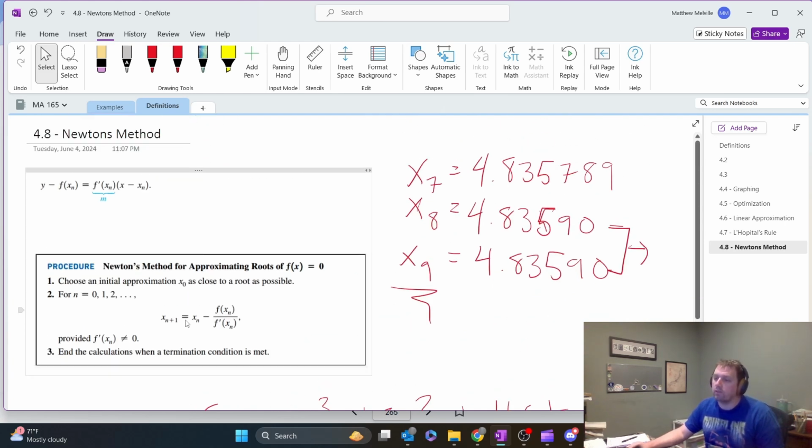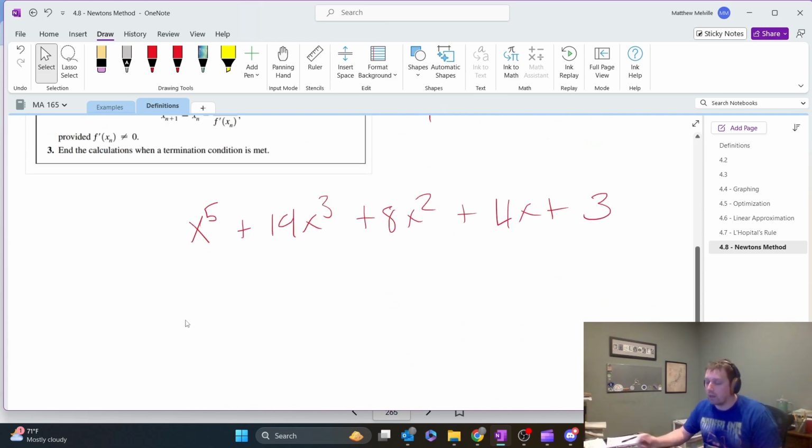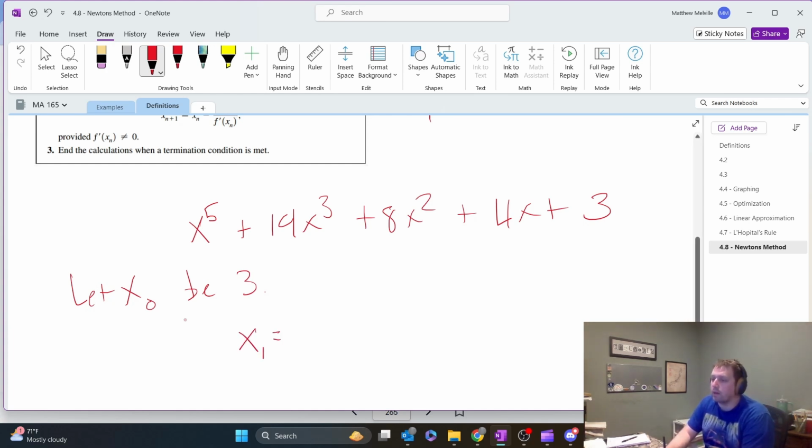And usually they'll give you, hey, look, we're going to say let x sub 0 be 3. So the very first thing we're going to do is say, okay, to find x sub 1, I plug in x naught, which is 3. But I'll just write it out first: x naught minus my f of x sub n. So this is going to be